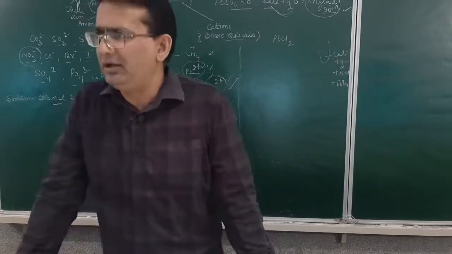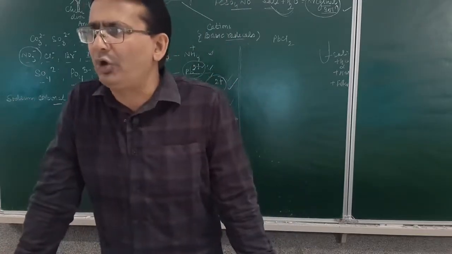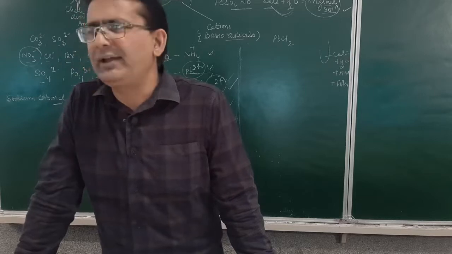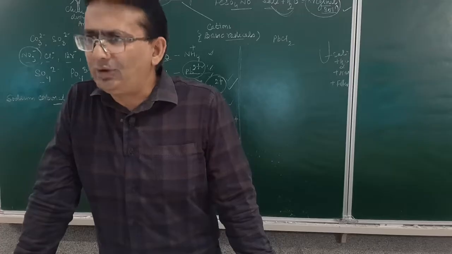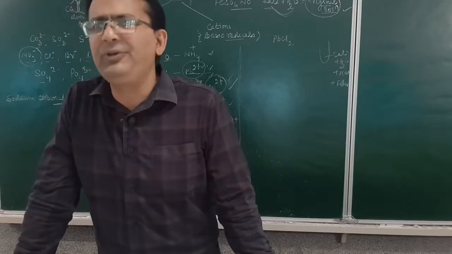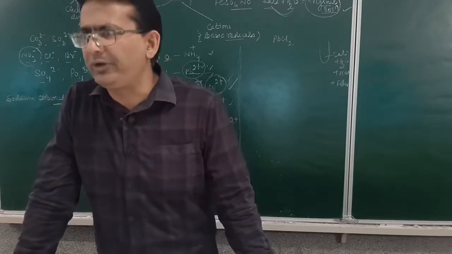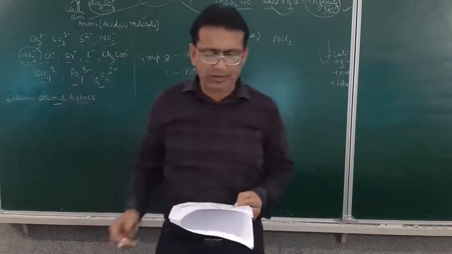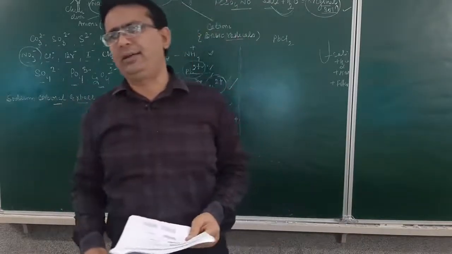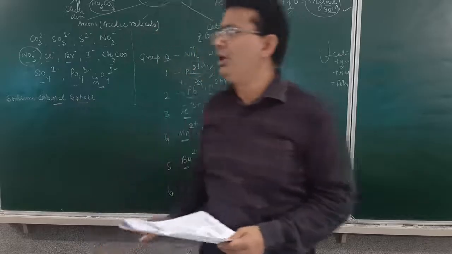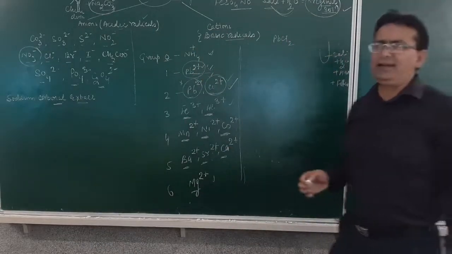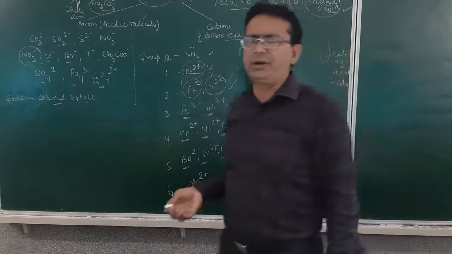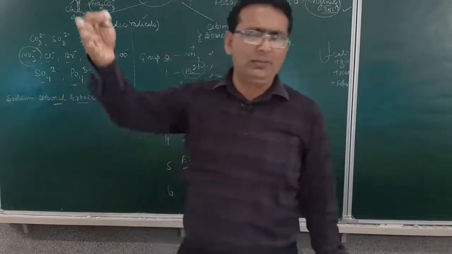It may be possible that the salt is not soluble in water. If the salt is not soluble in water, then you can add dilute HCl to this in the first step. If it's still not soluble, you can add concentrated HCl. If it is still not soluble, you may add concentrated nitric acid. But I will suggest you proceed only with this part, because what dilute HCl, H2SO4 or concentrated HNO3 is to be added will come in the part of a